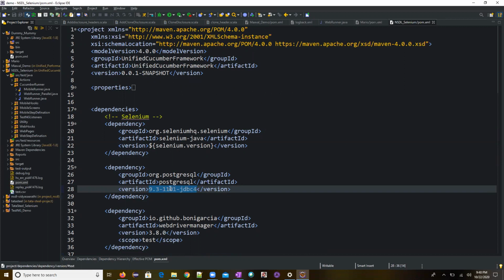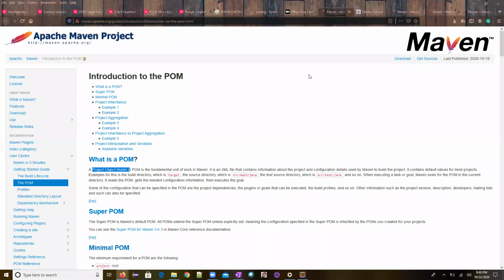Whatever version I update here, as we discussed earlier, how does the Maven repository work? First, it will check the local repository. If it is in the .m2 folder, it will take it from there.